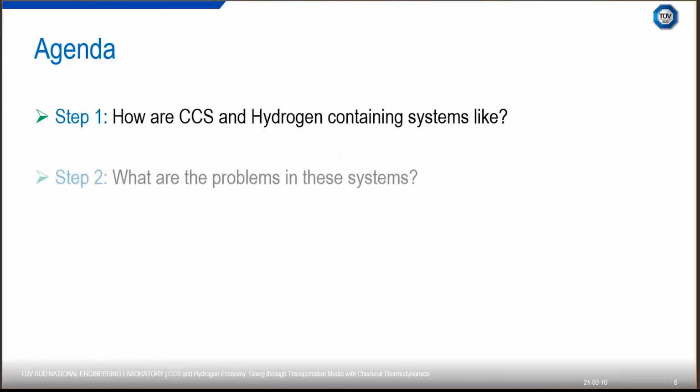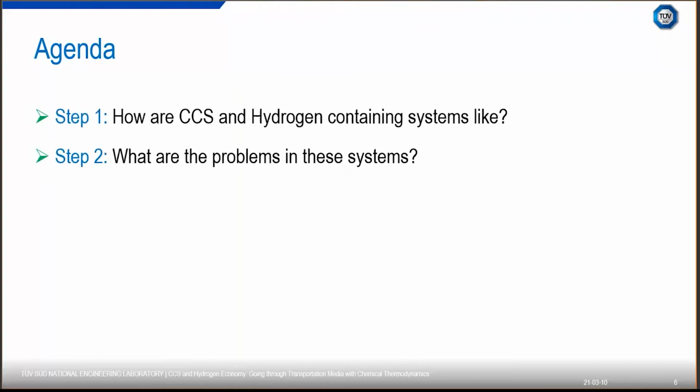Then I would describe the problems, which parts of the system might face significant issues such as flow measurement errors, corrosion, scaling, associated flow assurance challenges, and rock dissolution problems. Then I'll go through the theory and thermodynamics and try to tell you why these challenges are happening. And once we have that theoretical understanding, we will try to provide some solutions for